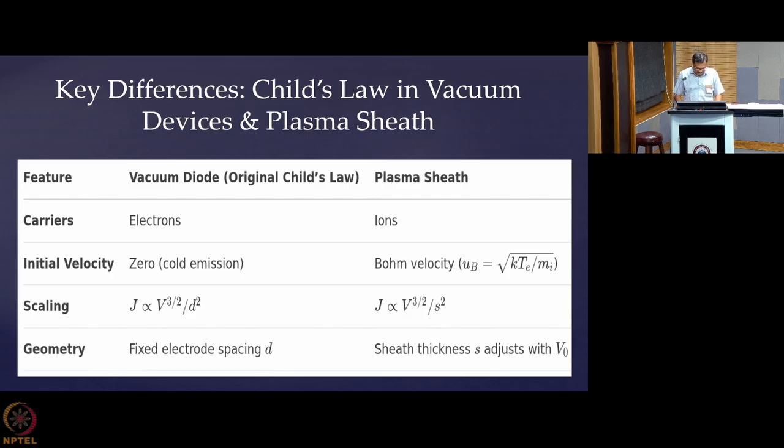So that is the difference, and I hope that you have got the insight about this current-voltage relationship, the scaling that it does with voltage, and the information that you have got in this tutorial. I hope you have got enough insight about the problems.